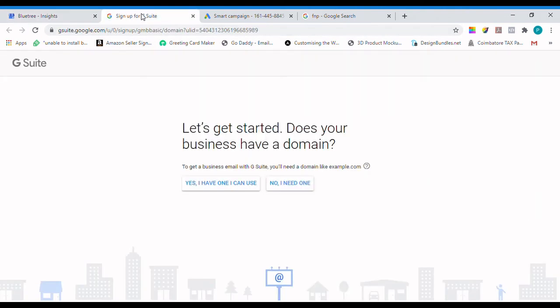So if you want to acquire an official email, you can request. It will ask, do you already have a domain? So if you already have a domain name, say for example you have bluetree.com, you can request for that and it will create a Gmail account using that website address.